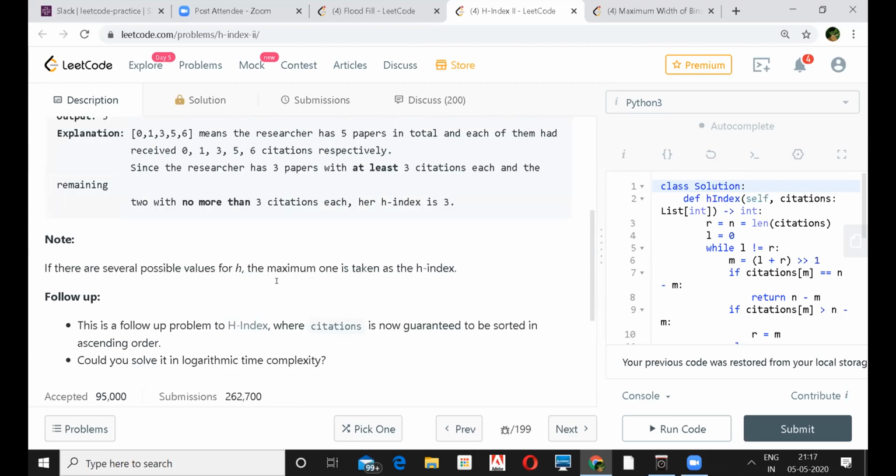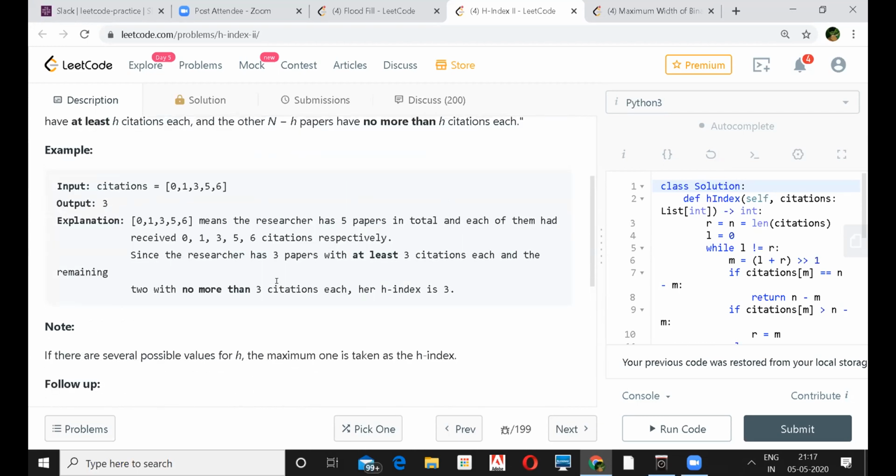So isn't it like we always need to look at the mid position? Kind of, yeah. That's all we should compare. Is it like that? Yes. Because that is the only index which actually meets this criteria, right? To get the least citations. Or am I missing something? Yeah, no, it's similar to that only. To get the least citations.